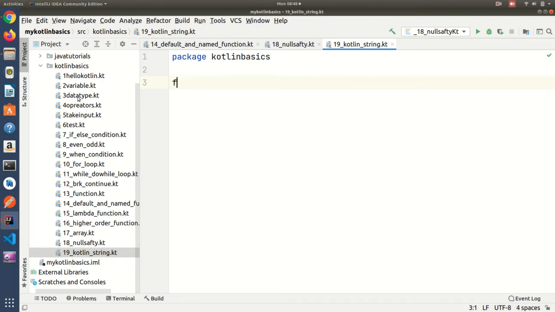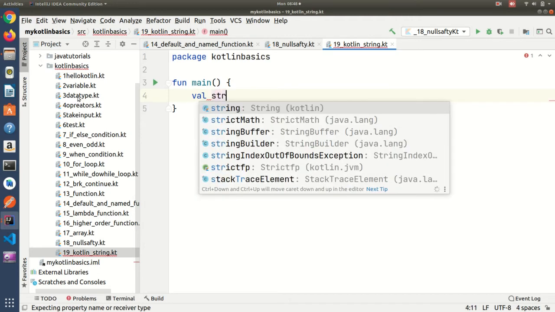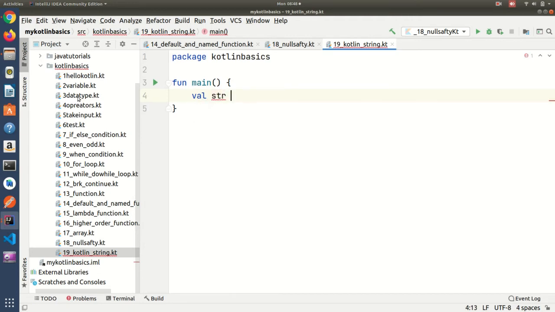So let me give an example. I said a string is an array of characters. First, how to declare a string in Kotlin? So string is equal to "hi". Okay, this is how we can declare a string in Kotlin.